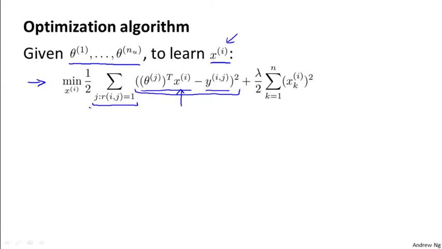So just to summarize, what this term does is it tries to choose features xi so that for all the users j that have rated that movie, our algorithm also predicts a value for how that user would have rated that movie that is not too far in the squared error sense from the actual value that the user had rated that movie. So that's the squared error term, and as usual we can also add this sort of regularization term